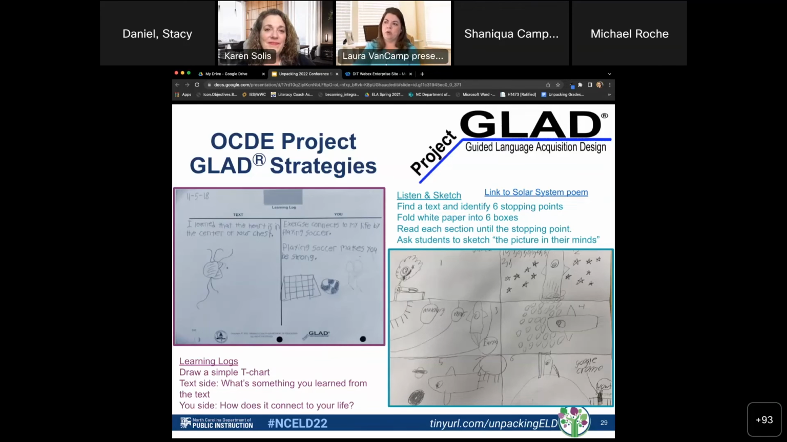And I ask them to do drawings as well, and that helps me to see what they know and what they've taken in. And then on the right side, this is called Listen and Sketch. What you do is you find a text that goes along with your unit or your lesson. It could be a poem, an excerpt of a longer text, a storybook, and different types of text. And then you're going to mark 6 different stopping points. And you can absolutely do that with a sticky note or a little flag